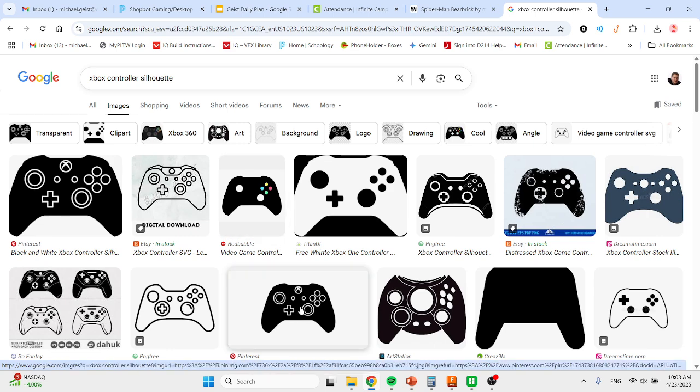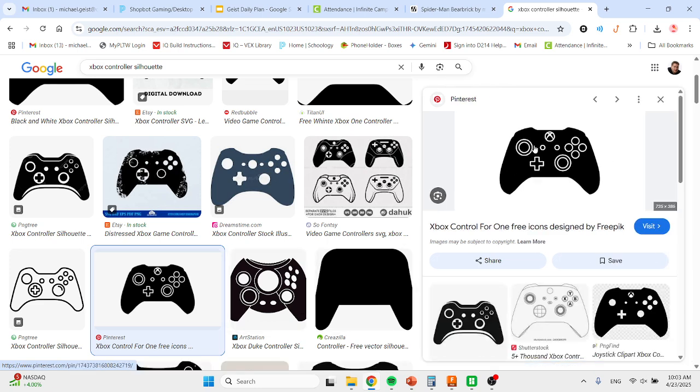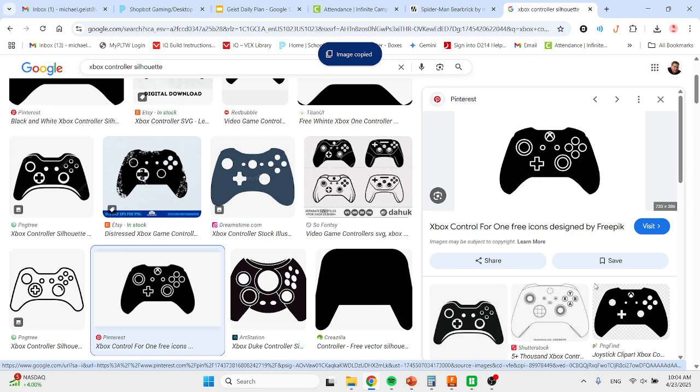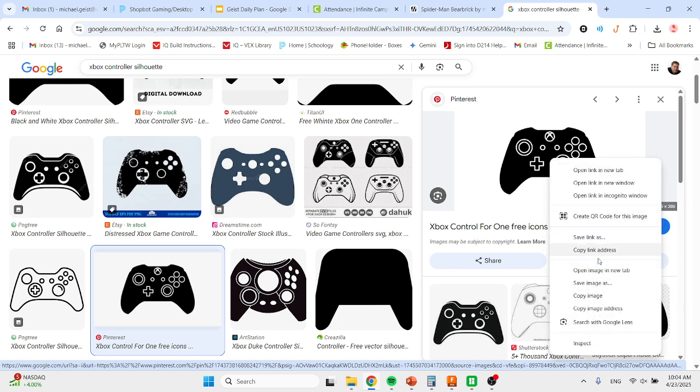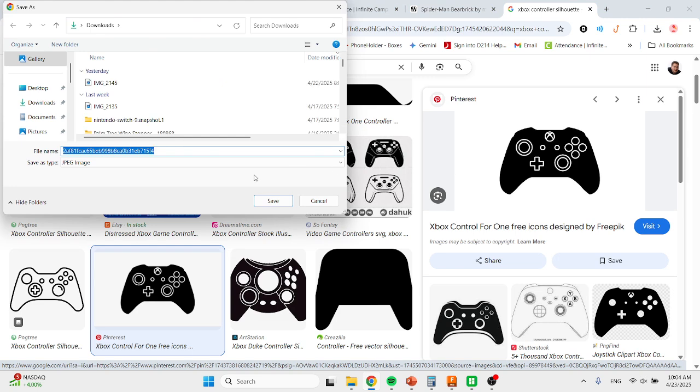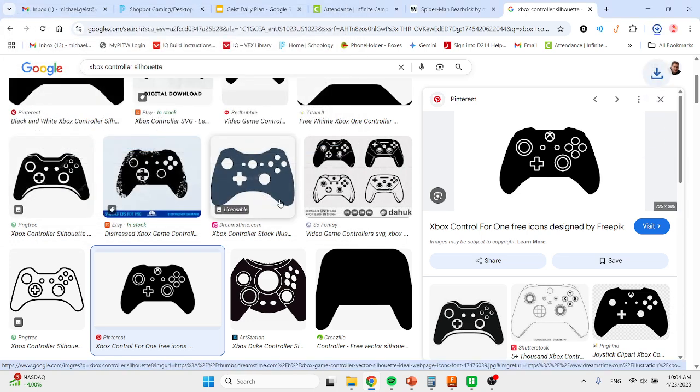and I click on this and I right click and I copy the image, all you have to do is actually not copy, I apologize, right click and save the image. You have to save it. As long as it's a JPEG and you save it to your downloads, remember what the name is,